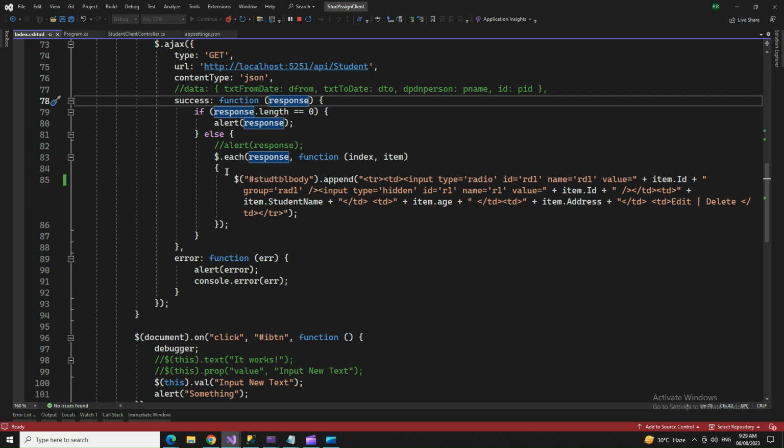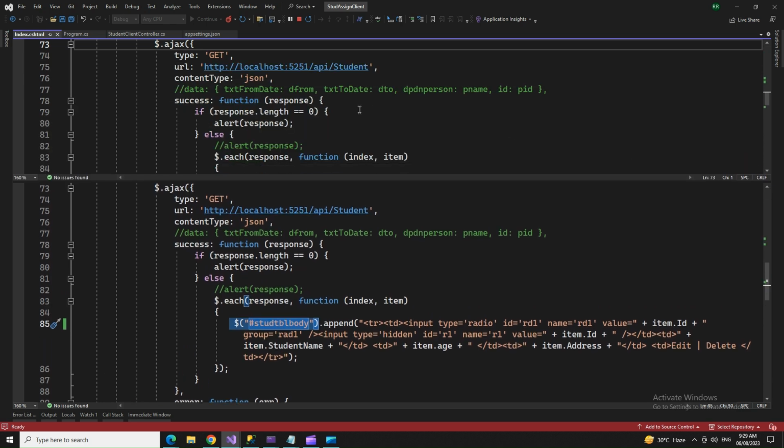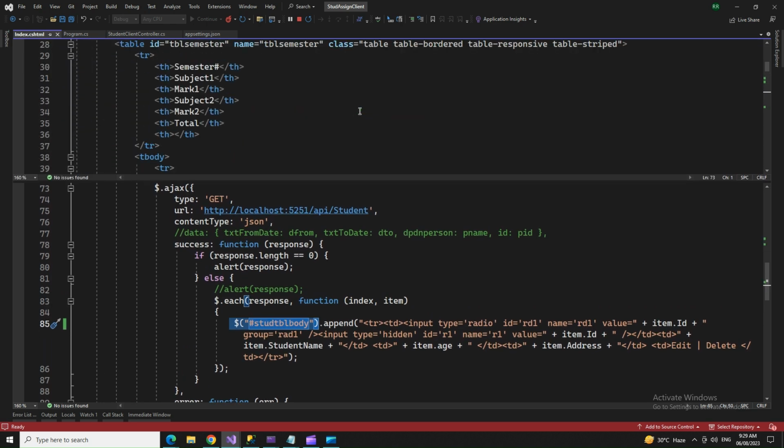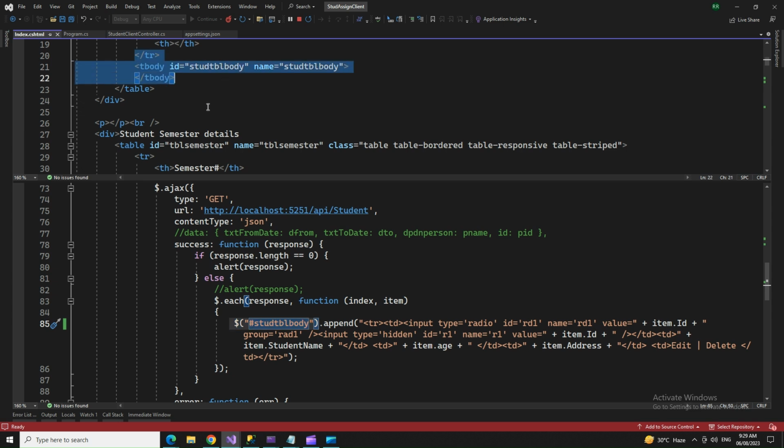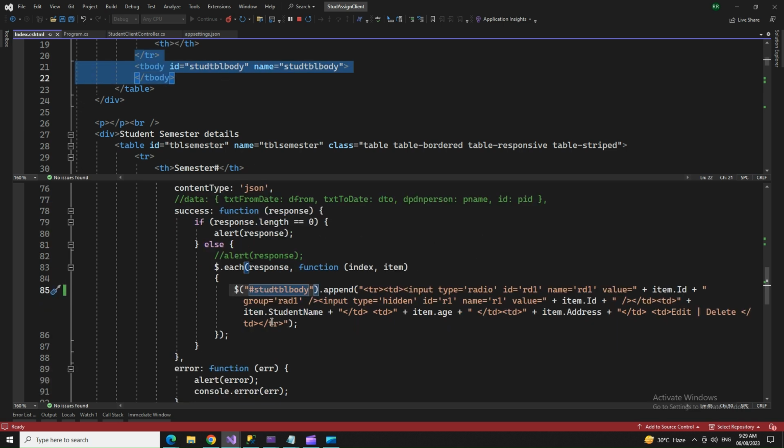So $.each, it's for each row, and the student table body is the table body. If we go back and look at the table body here, this is the table body, and I'm using an append. So we have tr, td, and the input type is a radio, so the id is rd1. ID and name, I'm using the same thing. The value is the id of that row,